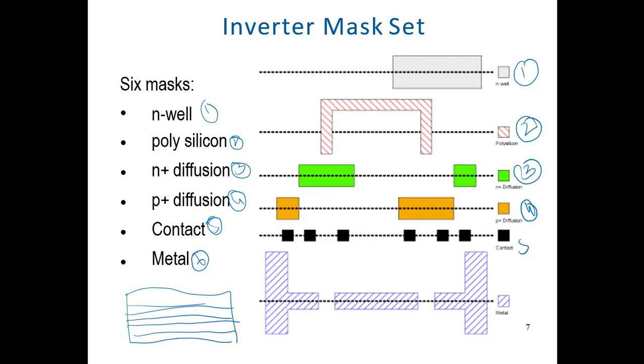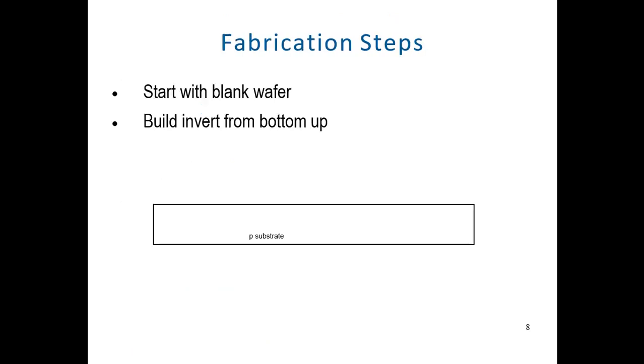This is the fourth one, this is the fifth one, this is the sixth one. So you have to use different kinds of masks to develop different kinds of regions in the wafer. Here it is shown in more detail in a step-by-step process. So I will try to go over this